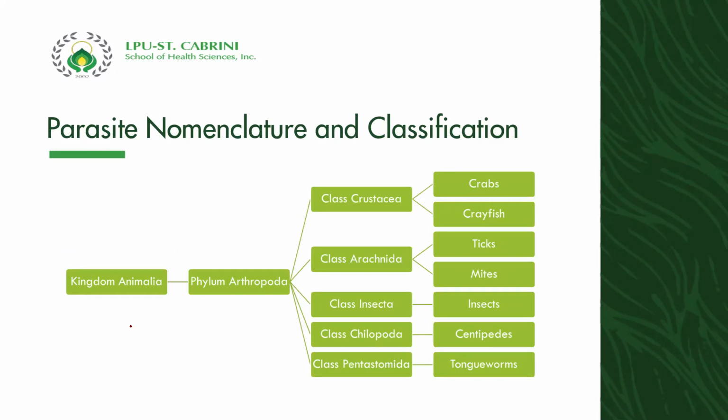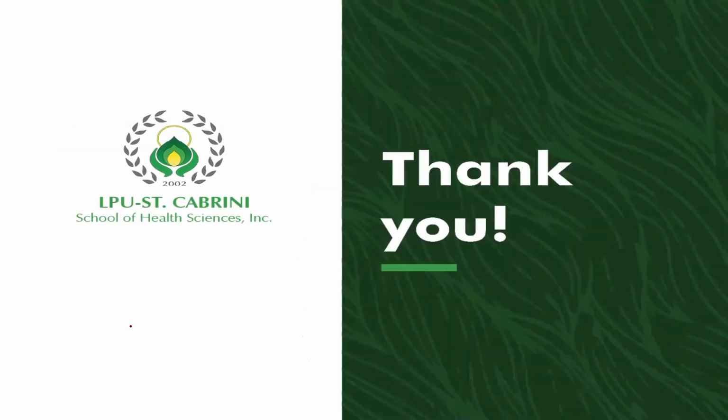For kingdom Animalia, we have the phylum Arthropoda, arthropods. Now we have the Crustacea, Arachnida, Insecta, Ciliophora, and Pentastomida. And that is the end of our lecture number 1, part